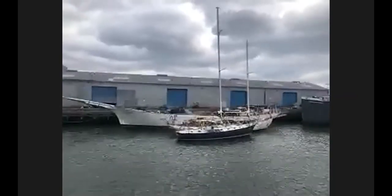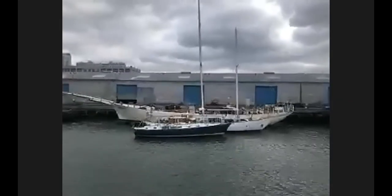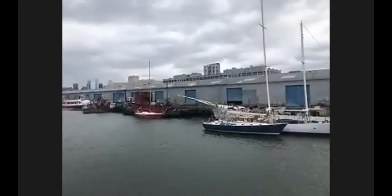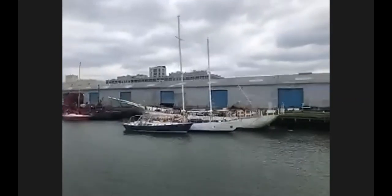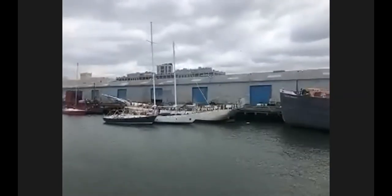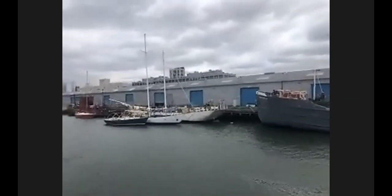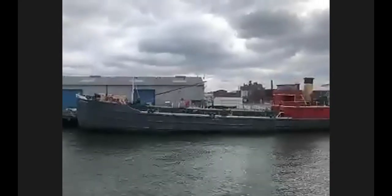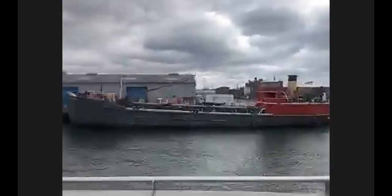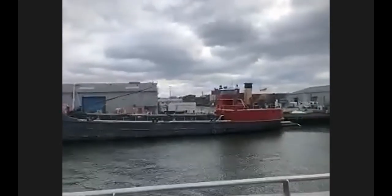Yeah, and you're familiar with some of the boats that we're seeing in the basin here as well, Stefan. Very much so. So we just passed the old 1950 Lehigh Valley Railroad tug Cornell, there behind the sailboat on the left. And the larger vessel here with the bowsprit is the Clipper City, which does excursions in normal times off the Battery. And I believe that's Shearwater in front of it, which also does excursions. And the black hull coming in on the right is the Mary A. Whalen, ex-St. Cadieux, a tiny oil tanker